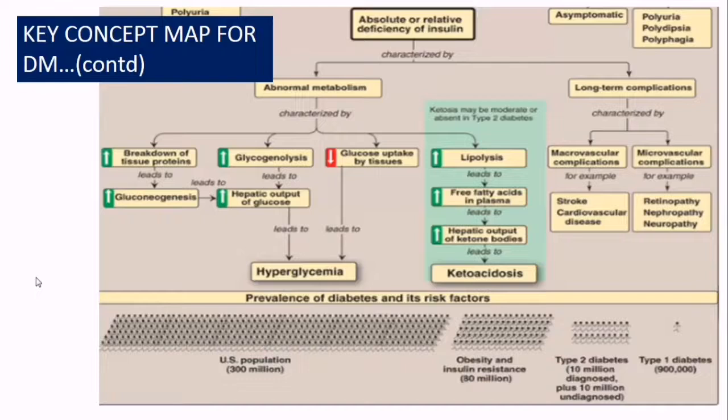Then what about the long-term complications? These can be microvascular complications or macrovascular complications. What are the macrovascular? Stroke, brain stroke, or cardiovascular disease like heart attack. And the microvascular complications are where microvessels are present, that is